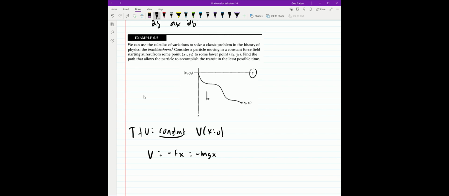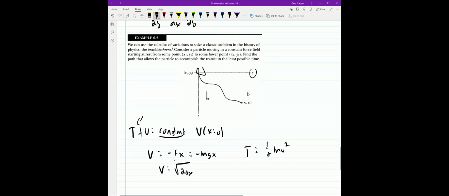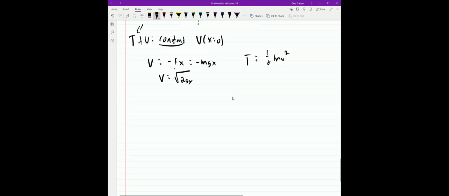So using this to solve for v, right, we get v is equal to square root 2gx, since T is equal to 1/2 mv squared. And solving for the time for the particle to make a transit from the origin to x2, y2, so from here to here, that allows us to set up the integral from points x1, y1 to x2, y2,